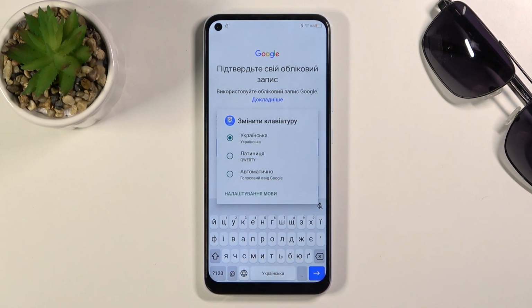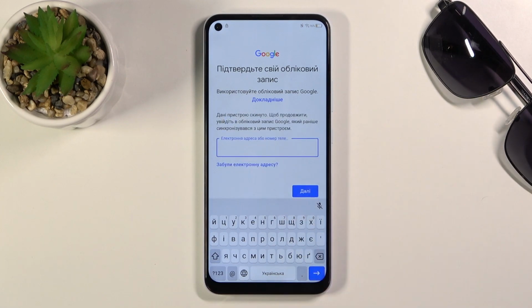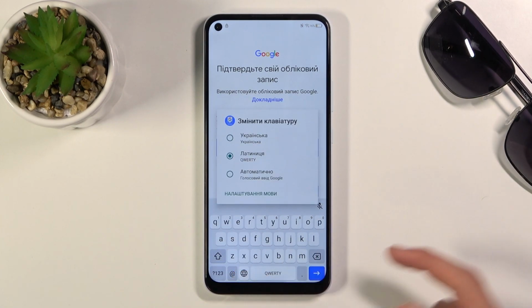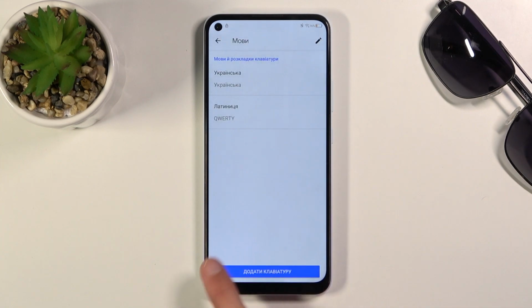This will bring up the language settings, as you can see right here. First, we're going to change our keyboard back to QWERTY, which is the second option right here. Then hold it again and go to language settings, which is this button at the bottom. From here we're going to add a keyboard,